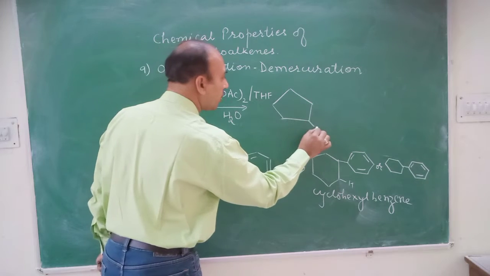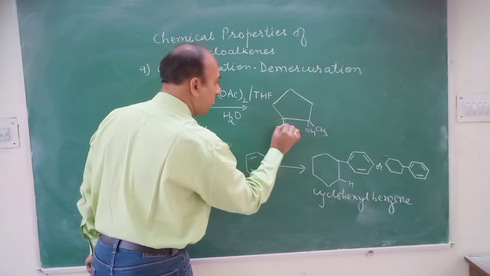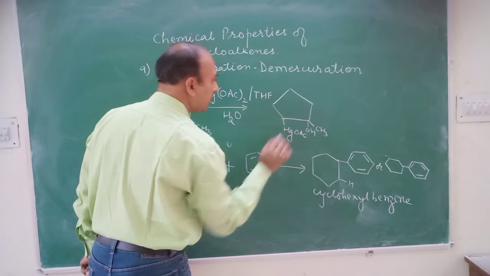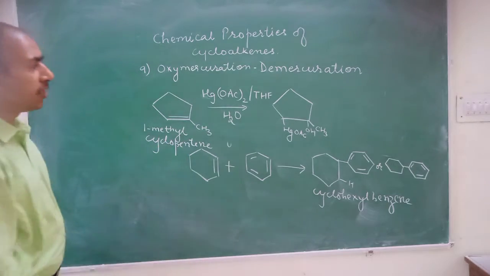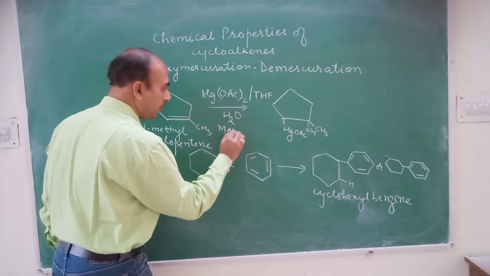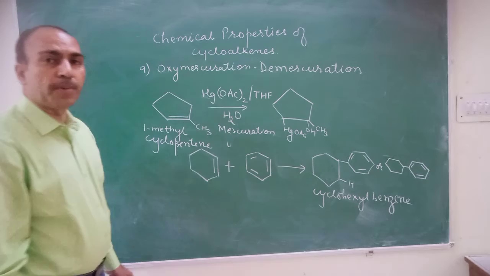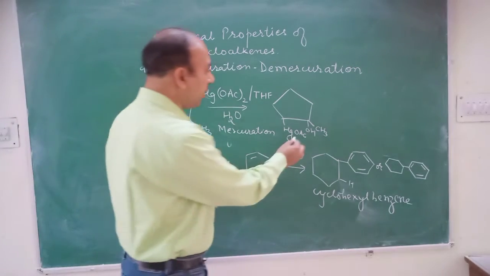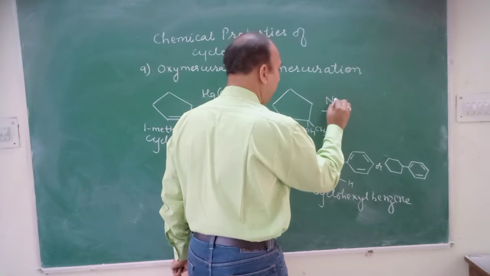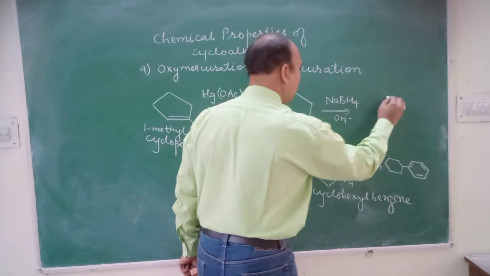See, one of the OH gets attached on this carbon, and here we are getting the mercuric acetate part. The bond is getting saturated in this way. This step is called mercuration. The next step will be demercuration, where we will remove this one and an H atom is introduced over here in the presence of sodium borohydride and alkaline medium.